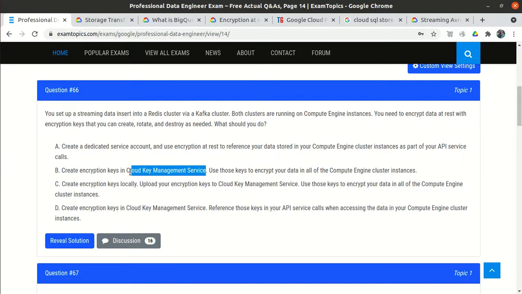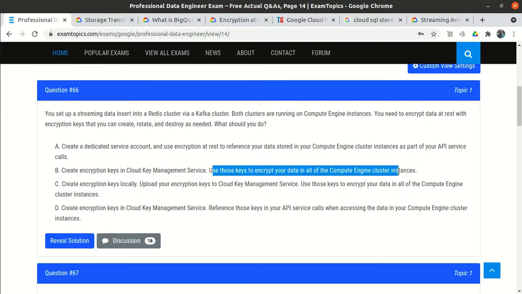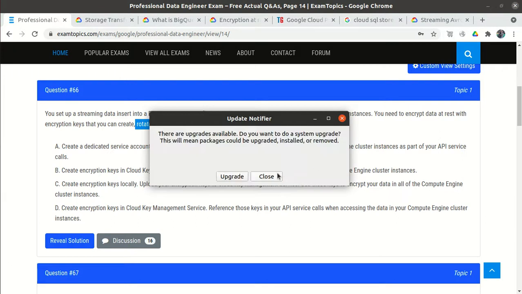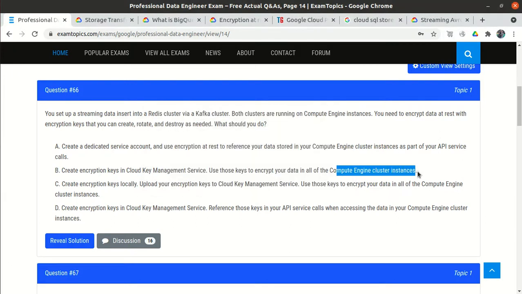One of the main advantages of KMS is its inbuilt functionality: keys can be rotated automatically, we can set the frequency at which keys should be rotated, and we can destroy the keys as well. KMS is a service provided by Google Cloud, and we use those keys to encrypt the data in Compute Engine. Everything is satisfied: we encrypt the data, the KMS function is rotate and destroy as needed, and the encryption is in the cluster instances only.